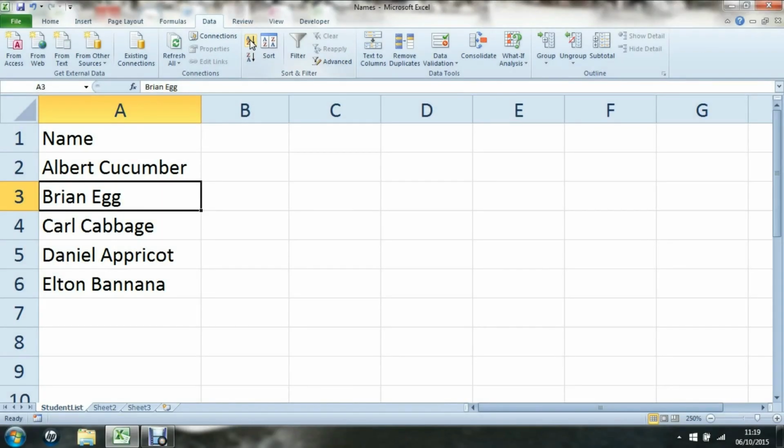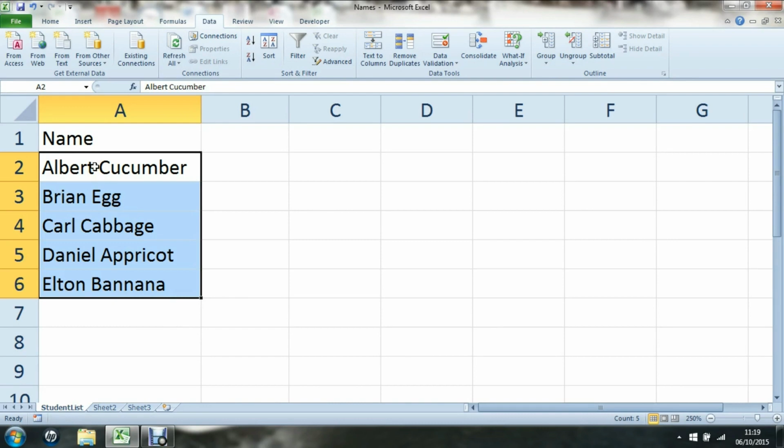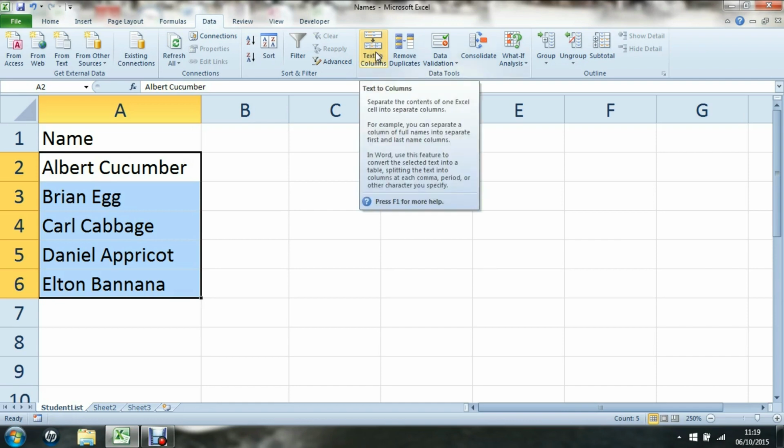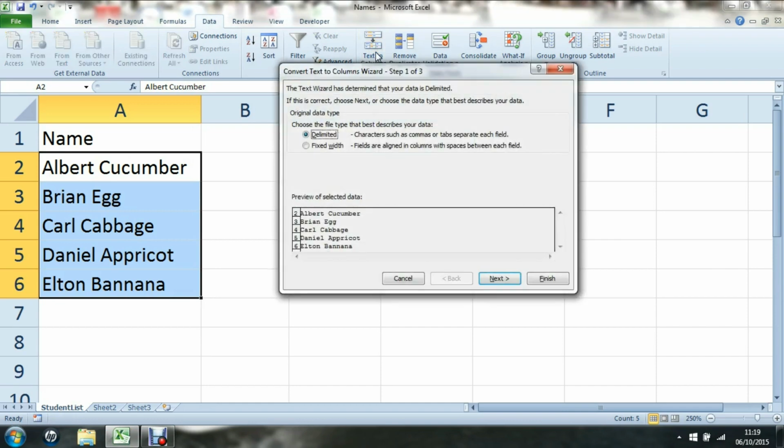So the solution to this is to separate the first name and the last name into separate columns. So if I highlight the text that I want to separate into two separate columns, I can choose Data and I can choose Text to Columns. You'll see down here is a preview of how the data is going to look. But if I choose Next,